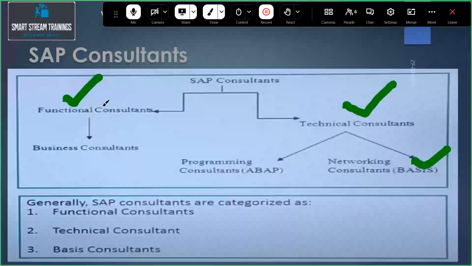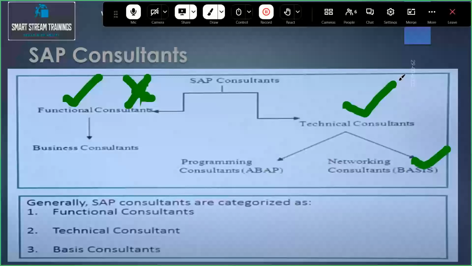That means functional configuration. There is no coding in this part. This consultant is not involved in coding. It is just data configuration and interaction with the clients. Whatever functional document they have designed is forwarded to the technical team.